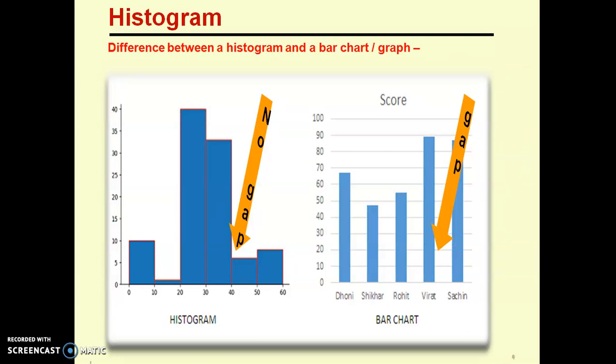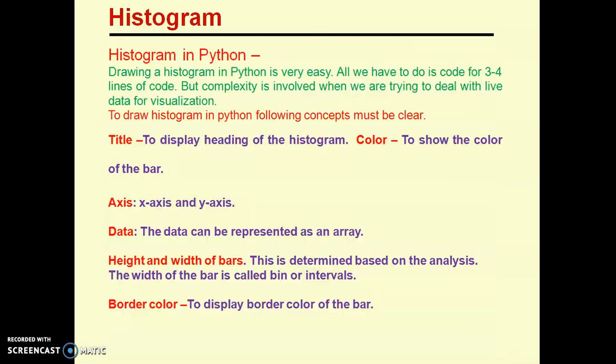Now let me show you some difference between a bar graph and a histogram with the help of a pictorial view. Now in histogram, you can see this is histogram. There is no gap between these bins 0, 10, 10, 20, 20, 30. These are called bins. And in the bar graph there is a gap between the bins. This is the basic difference between a bar graph and a histogram, that there is a gap between the class intervals or the bins, the rectangular boxes we have drawn, and there is no gap in a histogram.